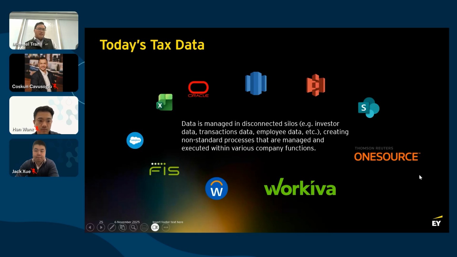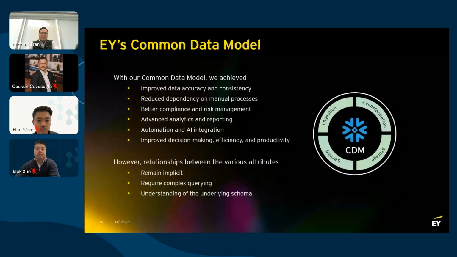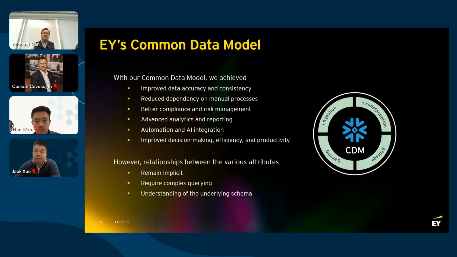So the way we approach it is, we build a common data model. Basically, we want to bring all this information together into a tax data warehouse, right? We need to relate data from a financial system or an accounting system to the legal entity or to the investor. So it's really helpful to have one data model that's designed for tax, for financial services clients, where we really understand all the different data points in there, why we need them, and what processes they drive downstream. And so we have a data warehouse, and we're using Snowflake for most of our clients.